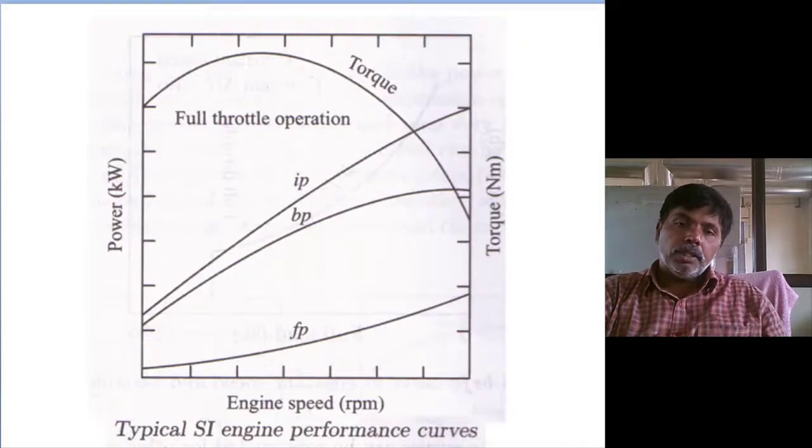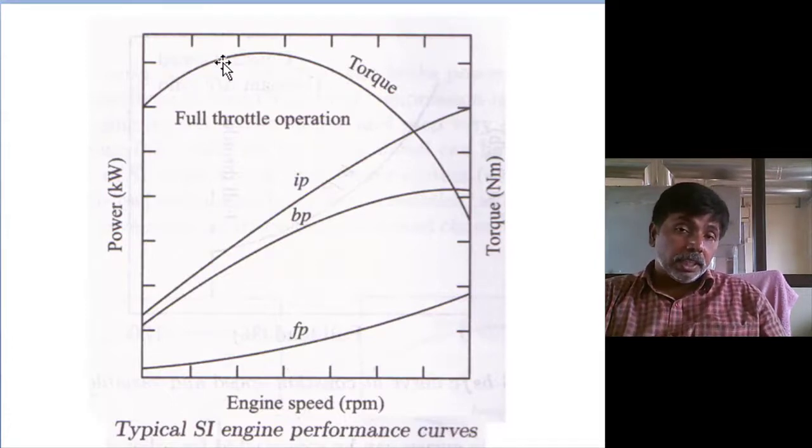Next, move to the performance characteristics of SI engines. As we increase speed, the friction power increases, brake power reduces. You are giving acceleration and increasing the throttle opening more, and automatically the torque reduces, because brake power is reducing and friction power is increasing. So if we maintain an optimal speed range, we can get optimal torque. That's why if torque is required, we move in low speed.